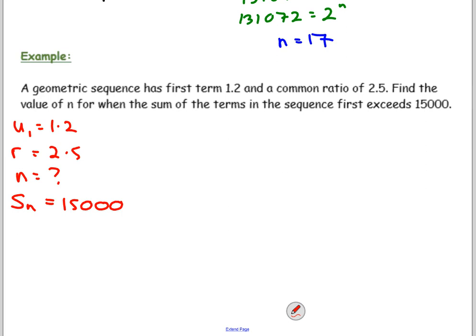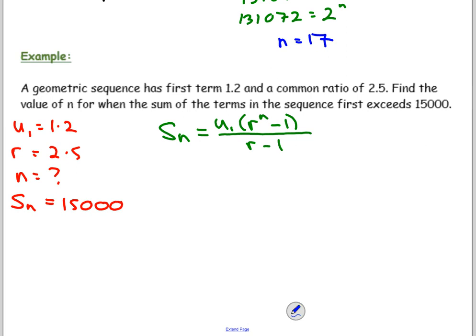So we need our sum formula. Might be a good idea. Sum for geometric sequences. Does anyone happen to remember what it looks like? So remember, there's that version. There's also the second version, which looks really similar, but in the numerator, in the bracket, they have 1 minus r to the n, and in the denominator, they have 1 minus r. There's the two versions. I tend to generally use the first version. In the next lessons, maybe I'll do an example using the second version, just because it was a bit easier. And then we plug in these numbers,